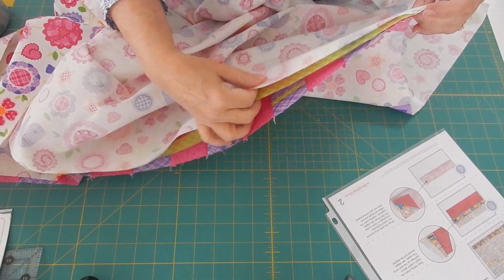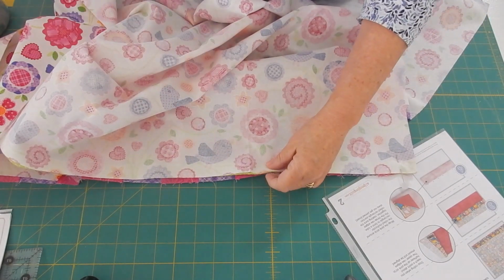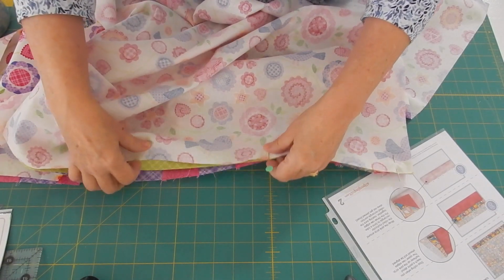That would be better, but I really want these things to stay in place. So I'm going to pin down, and then